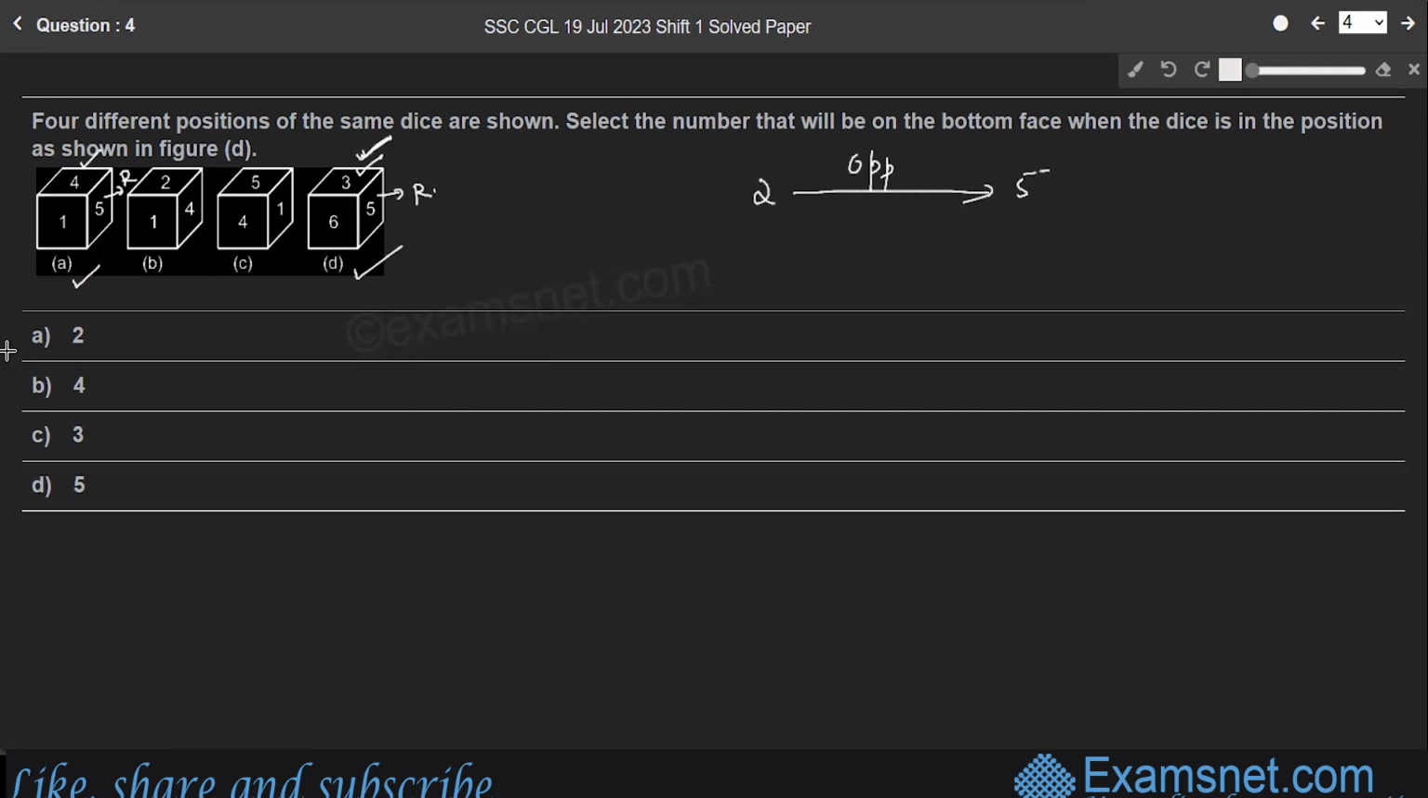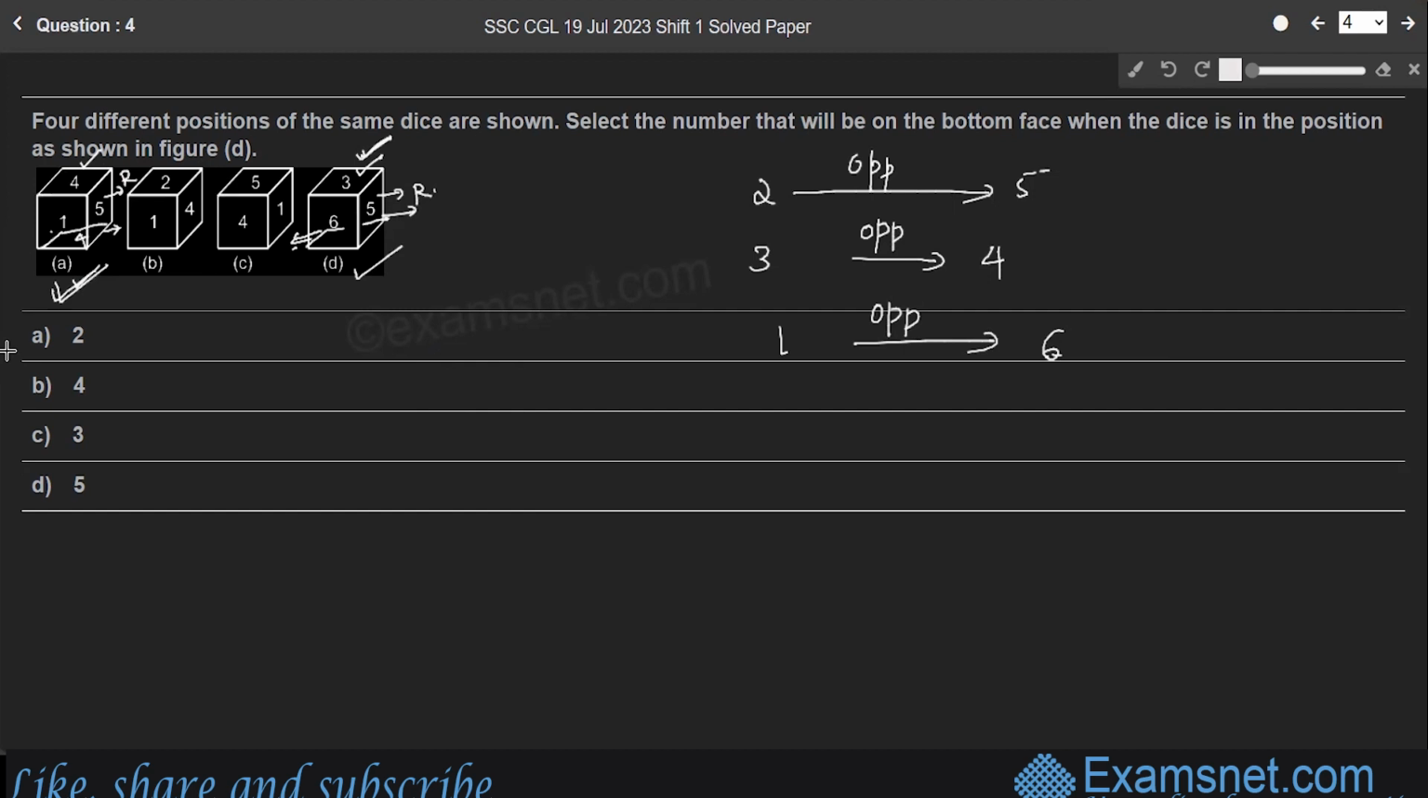So here 5 is constant, which is the right face, so which is the other side of the dice, right? That means 3 and 4 are opposite faces, and 1 is opposite to 6, right? So just imagine, 5 is the right face, 6 is the back face, right? So in that case, 3 becomes the bottom face. Vice versa, if 1 is the back face, according to position A, 1 is the back face, 4 becomes the bottom